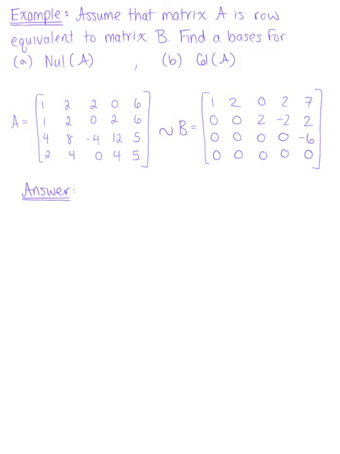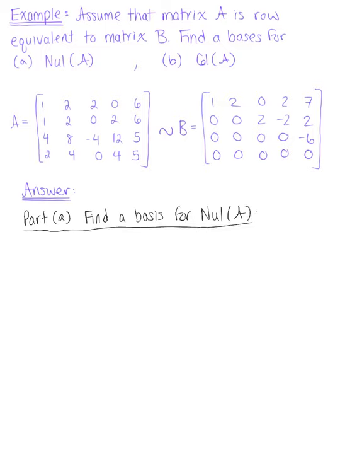Assume that matrix A is row equivalent to matrix B, and find bases for the null space of A and the column space of A. So part A, we want to find a basis for the null space of matrix A. To make this a little easier for ourselves, let's start by noting that since matrix A is row equivalent to matrix B, and matrix B is in echelon form,